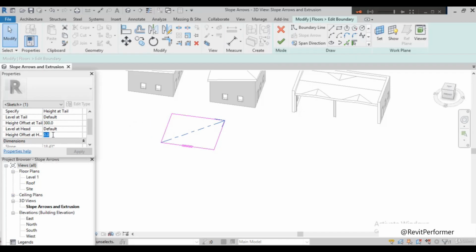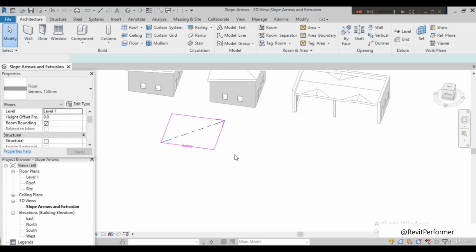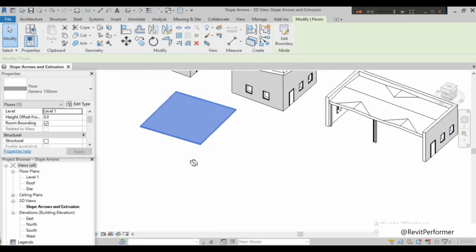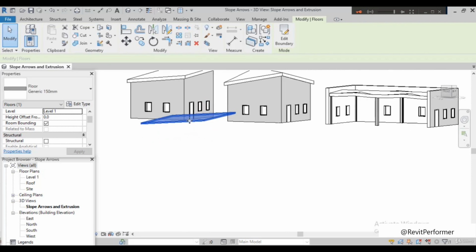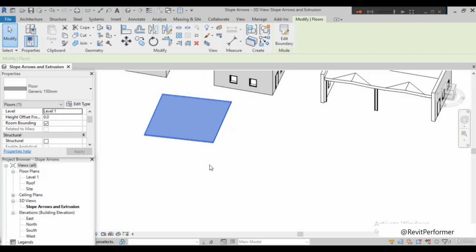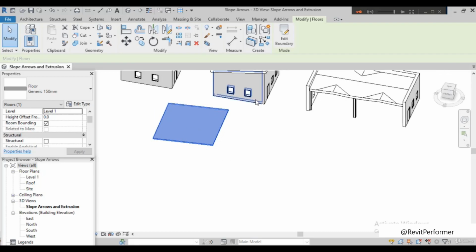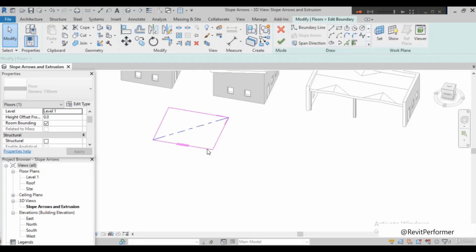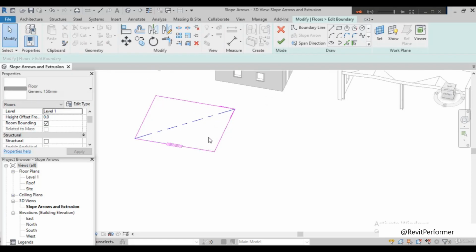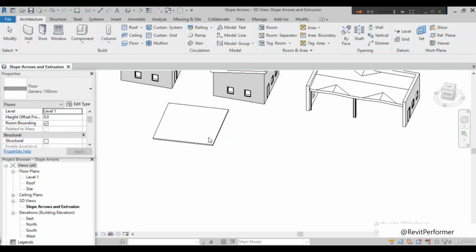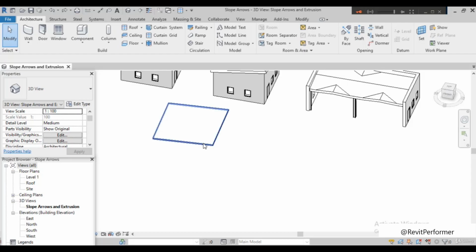I want this to be 150. You can say 150 or 1500. Apply it, and you can just click, and you can see this turned into this portion. You can see it diagonally. You can change their slopes. Okay. Now, if you go to the edit boundary, and just press Control Z and remove this, go